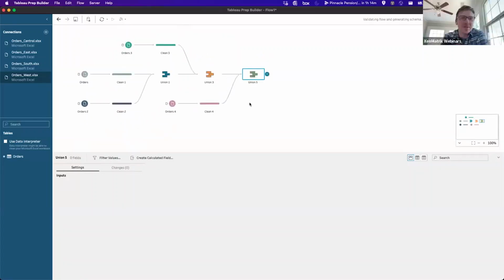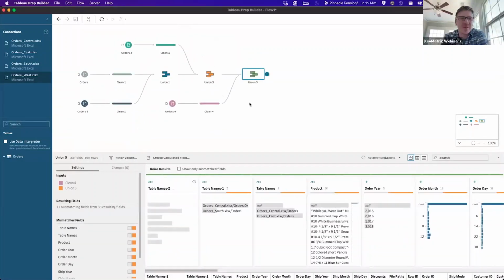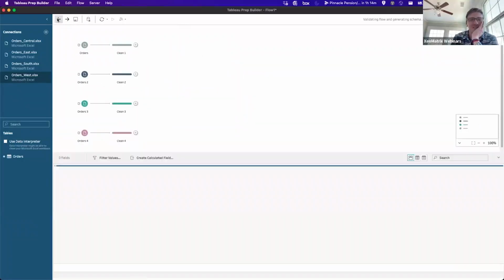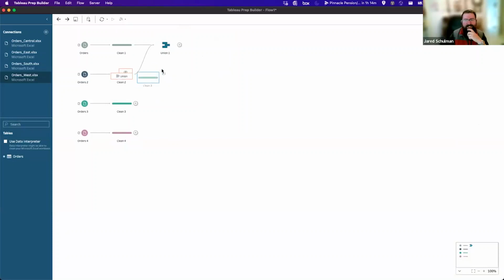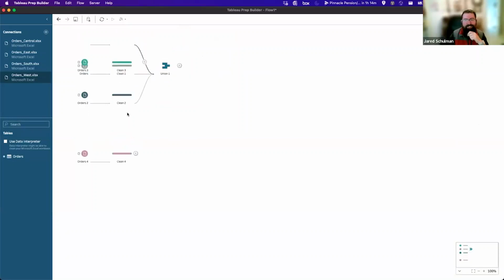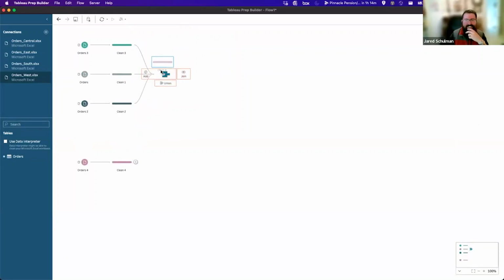You'd create multiple unions. So everyone, don't make the same mistake I did. I've wrestled with that for an hour or so. You just want to add it. The fun thing about Prep is that that'll give you the same end result, more or less. It's a little bit cleaner and more efficient to use one union step.